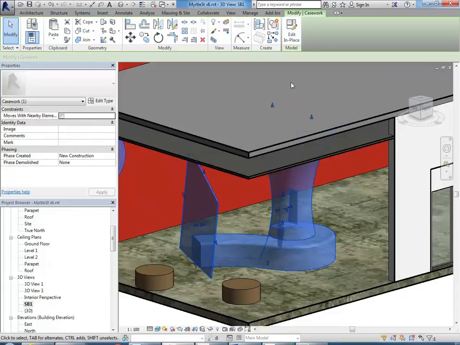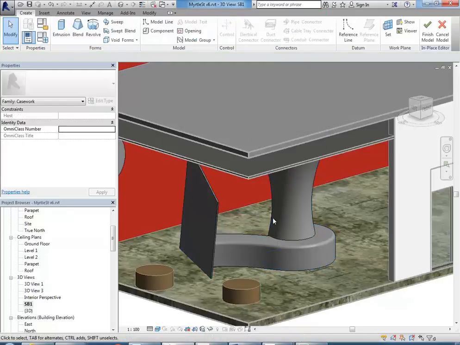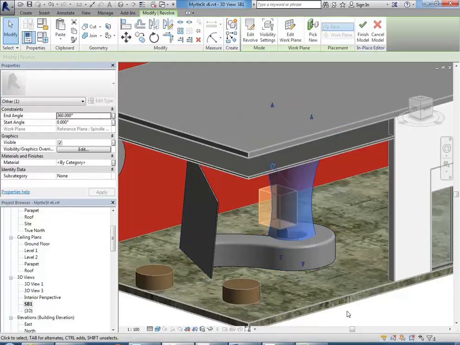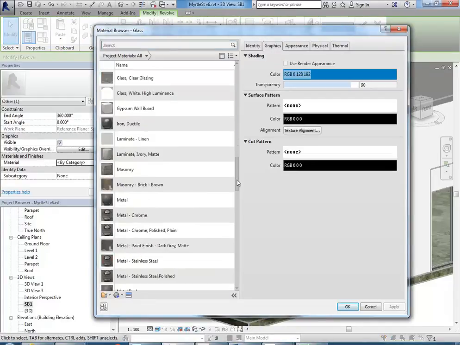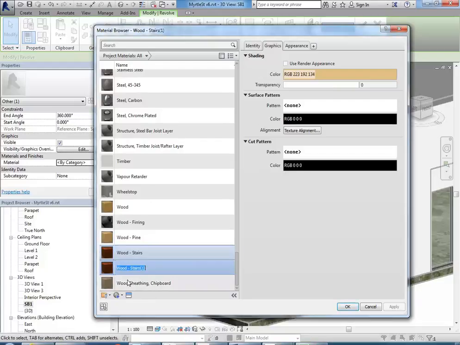To change it, I've got to go to edit in place and then select the part I want to change. So maybe I want this to be timber. So I'm going to go over here and you can see there is the material property and I can just click browse and find a material. So I'll start with one of my wood materials, duplicate it, wood column,